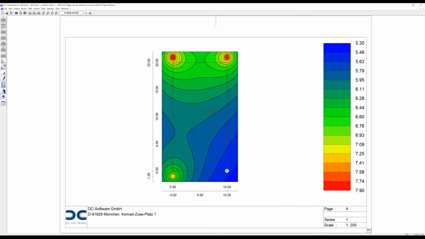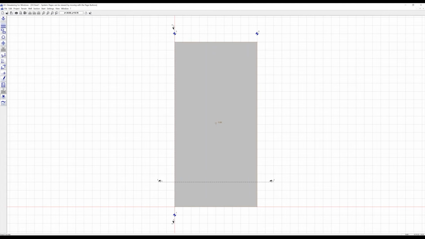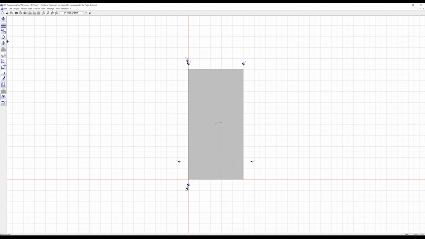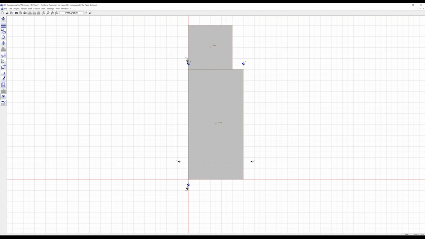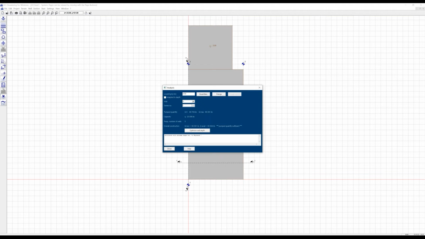So one thing is important. We have the possibility to enter any polygon of foundation pits. And there might be different sections with different depths. So as an example, if we have an additional part of foundation pit here at this position, and this should be for a depth of only 3 meters. Now we have a larger area, and if we calculate again, we see